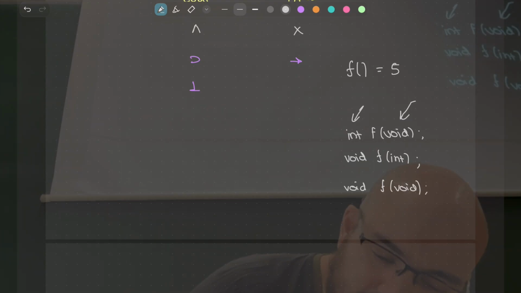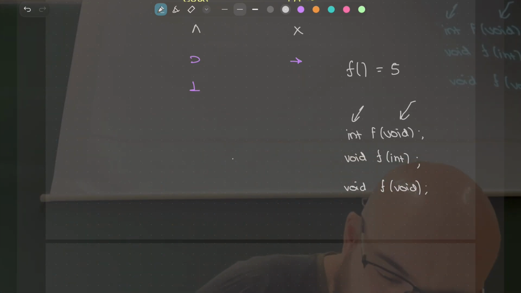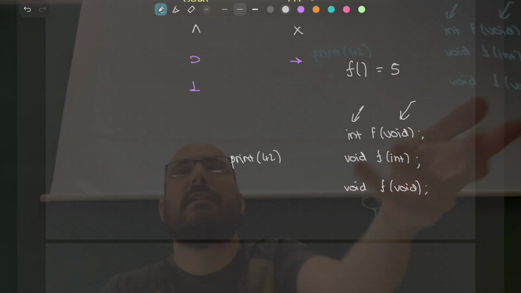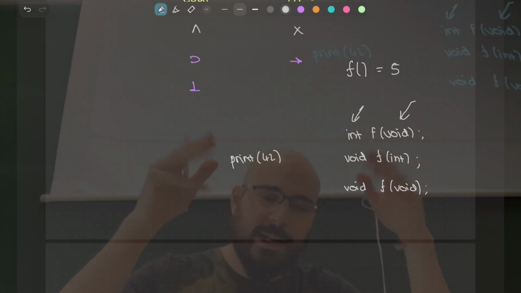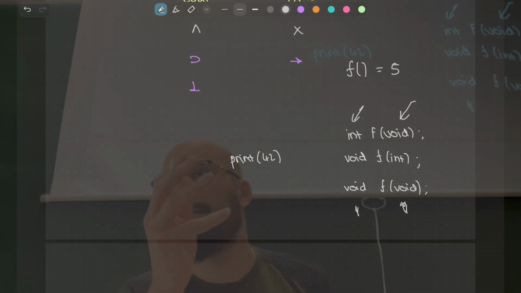An example of this would be something that prints something on your screen. It prints 42 on your screen. It doesn't really return anything. It just has a side effect. It sends something to your screen. And this is something that takes no arguments, and also returns nothing. Okay, so